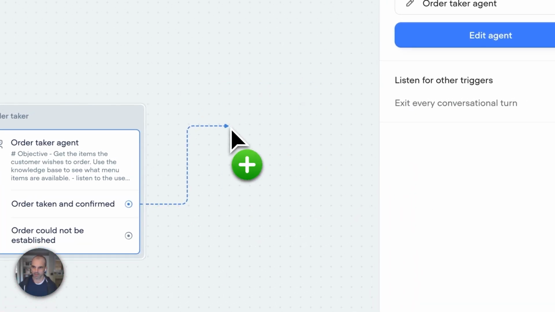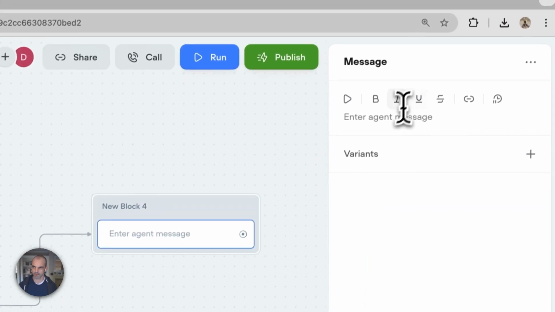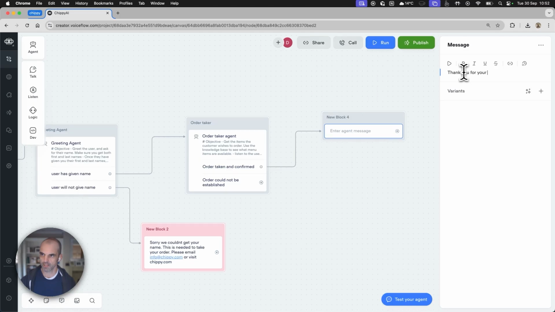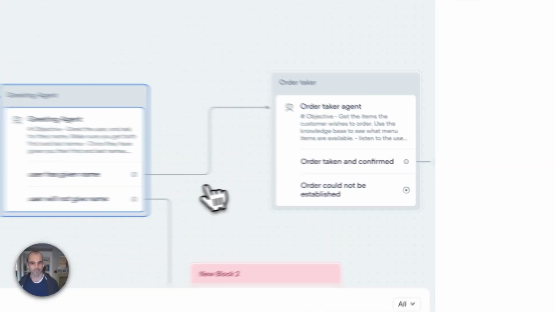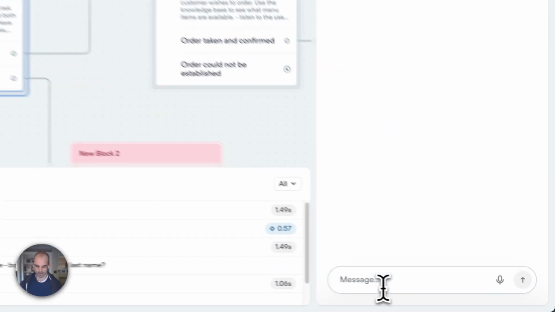And I think what we're going to do is, just as a little bit of a debug step, I'm just going to put thank you for your order for now. And we're just going to test that out and make sure that we can give it an order and it'll do the things that we're asking it to do. So as before,